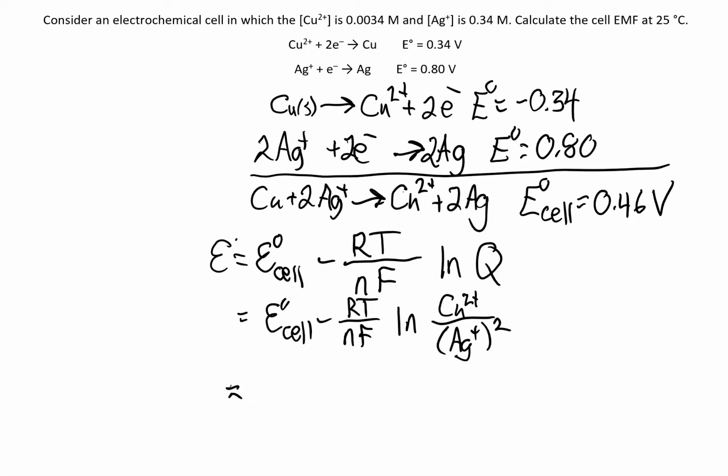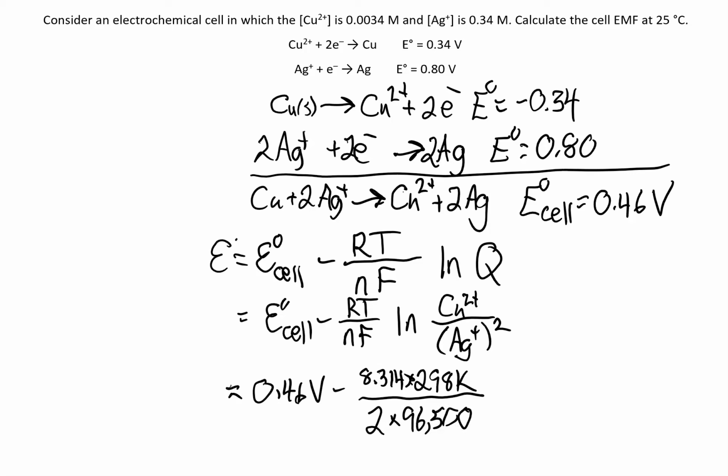Now we can plug and chug. 0.46 volts minus 8.314 times the temperature in Kelvin, so 25 degrees Celsius is 298 Kelvin, all over the number of electrons transferred, 2, times Faraday's constant,